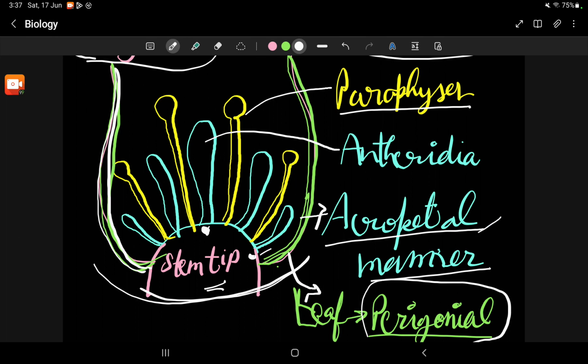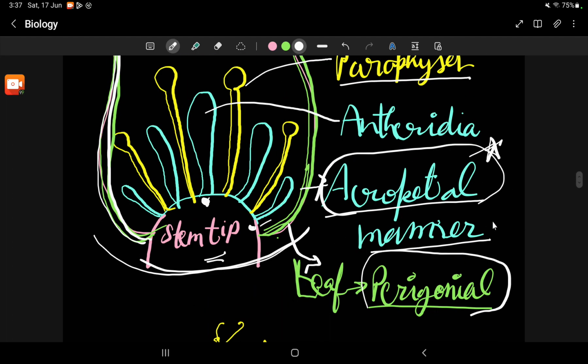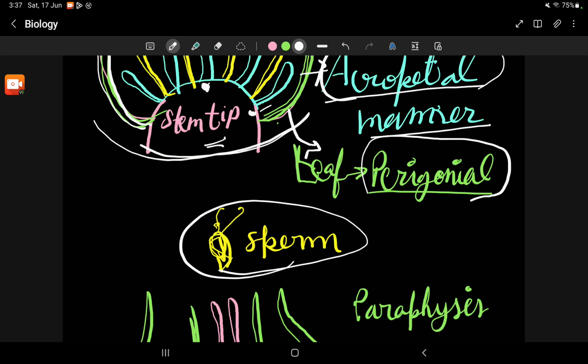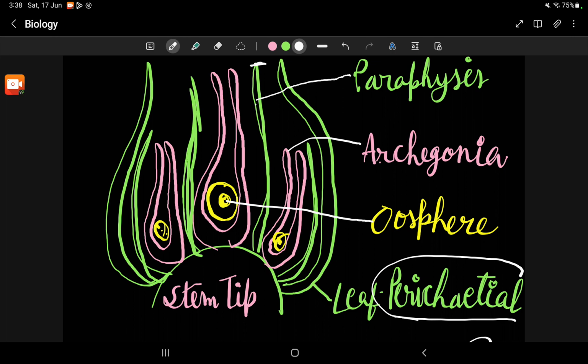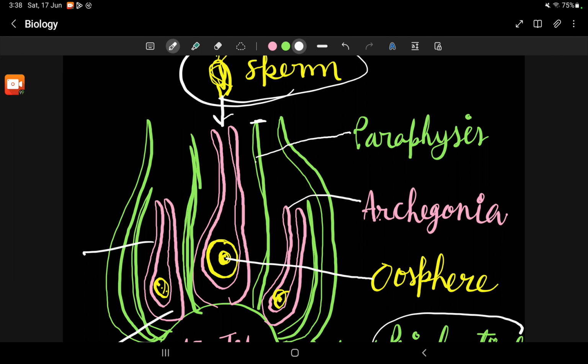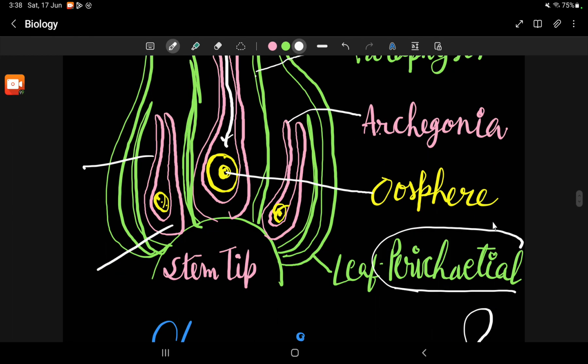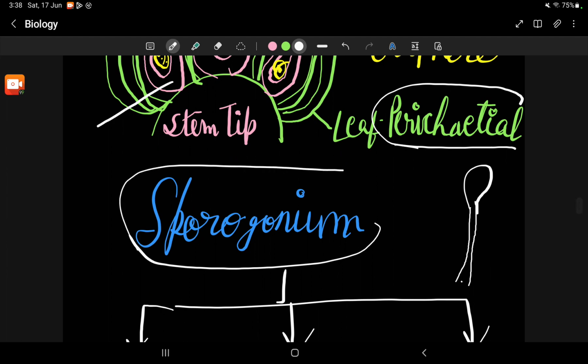This is also a very important feature, the arrangement of Antheridia. Then sperms are formed inside it and come to the female Archegoniophore. The paraphysis of the Archegoniophore has no swollen upper end and is leaf-like, and the leaves are perichaetial. This is the egg or oospore. This is the archegonium, flask-like. This is the venter, the swollen part. This is the neck, and the sperm enters from the mouth of the neck, and there is fusion with the ovum. After fusion, there is formation of sporogonium,